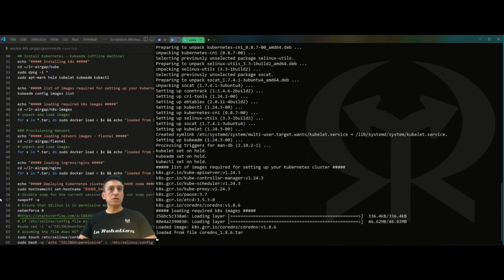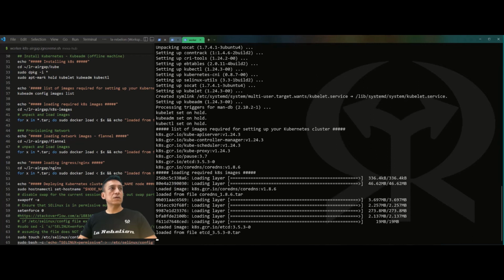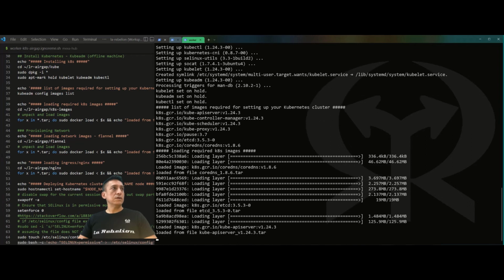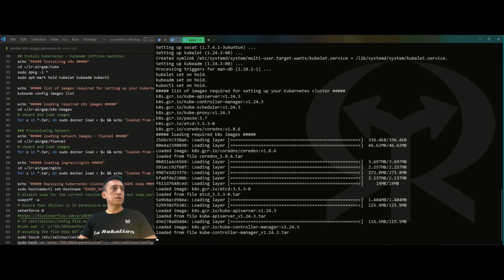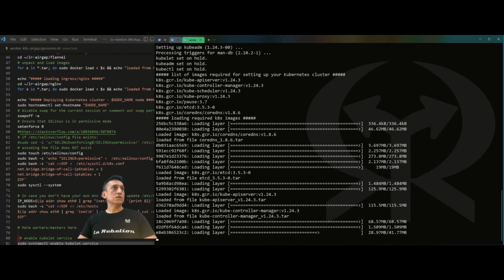So the images that are required are the ones listed here. Those are already in the file system. Then let's load them with the docker load command. Eventually, Kubernetes images, Flannel images, Ingress Nginx images. Once that is completed,